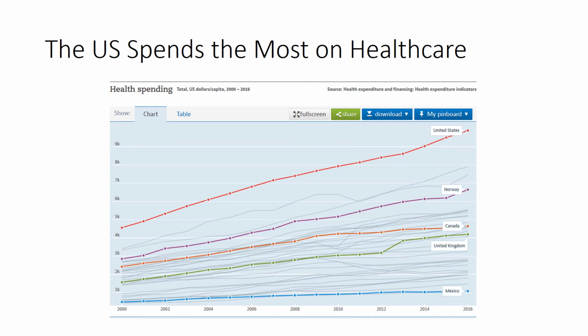We often talk about Canada and the UK. They have universal healthcare systems. Canada's just to the north. There's positives of it, there's negatives of it, but in providing universal healthcare, they're doing it at a much lower cost than we are, in that $4,000 to $5,000 range. And then Mexico to the south is spending only about $1,000 a person.